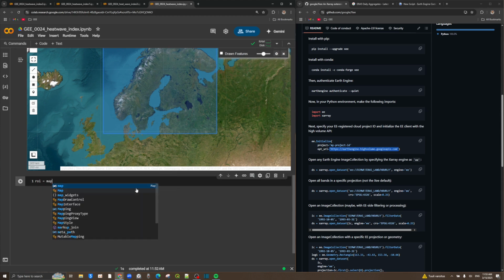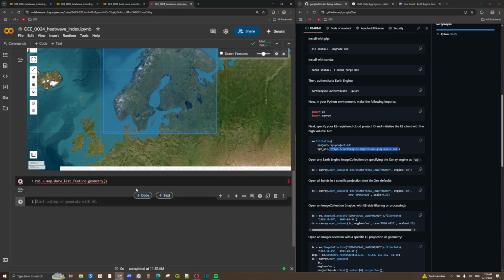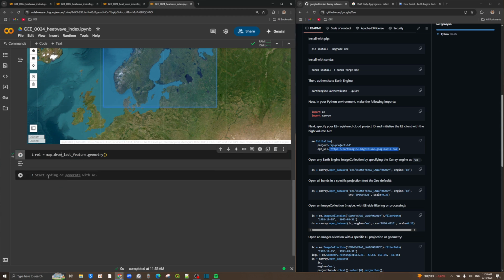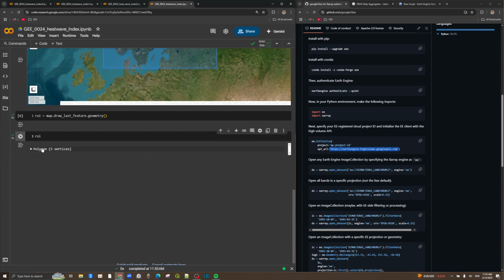From the interface already called as map, now I'm gonna select the last draw feature. So that's draw last feature. I'm gonna have the last feature as a geometry, but sounds there is a problem here. Map object has not, yes, there is a typo. Draw last feature. Problem is solved, and let's print the ROI. As you can see, now we have a polygon with 5 vertices, including the coordinates of the selected area for